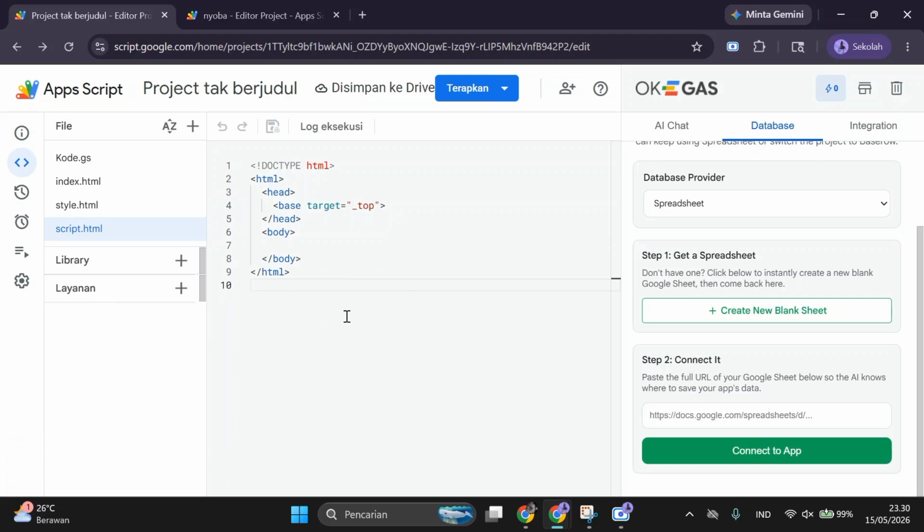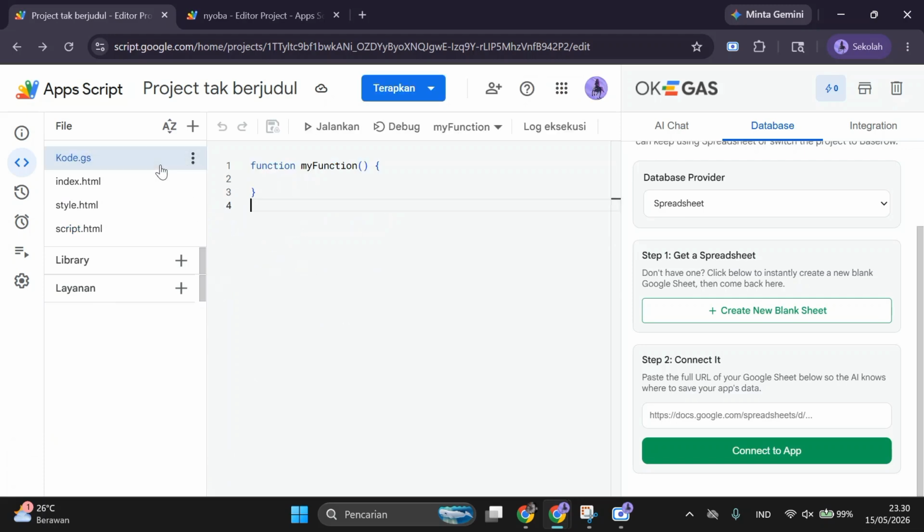After that, we need files for saving the code. Normally, we use HTML format like index.html. For the CSS, we also use HTML format because there's no separate CSS format available here. The same goes for JavaScript.